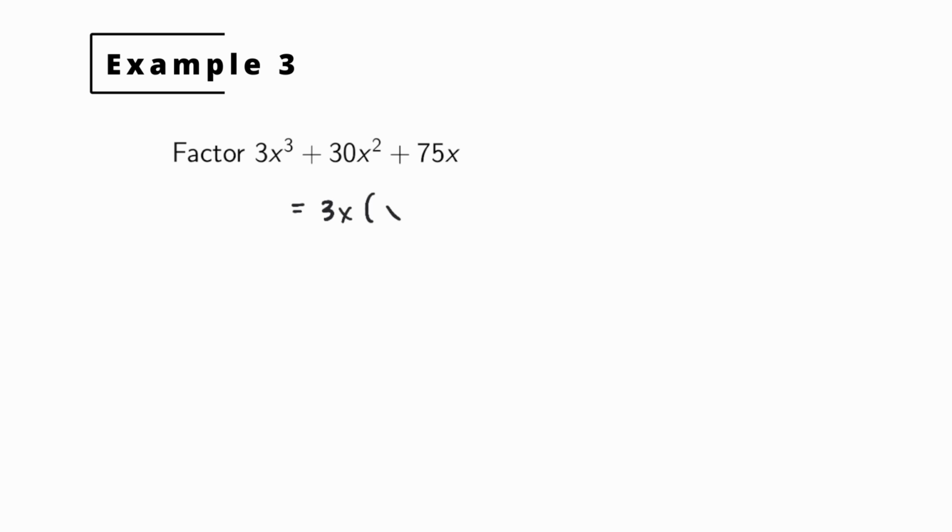You will have left over x squared plus 10x plus 25. And once again, this is the same trinomial we had in the first example. You have x squared plus 5 squared, and then the middle term is 2 times 5 times x. So this will factor into 3x times x plus 5 squared, like that. And that's it. And there you have factoring perfect square trinomials.